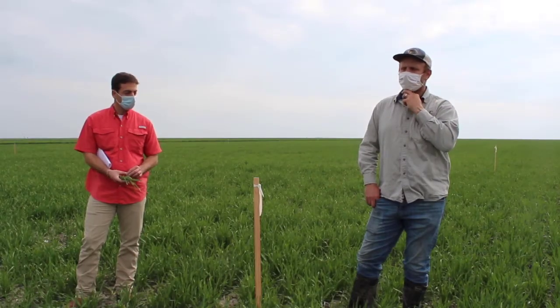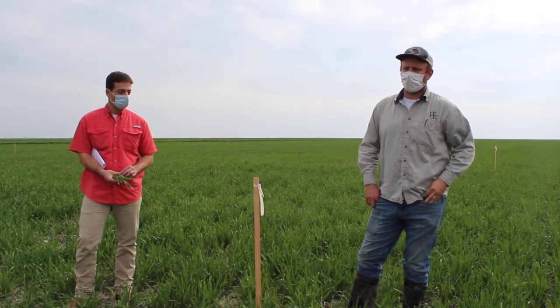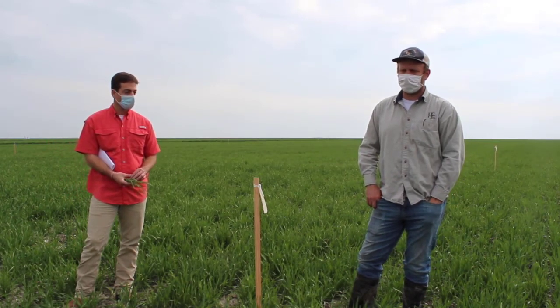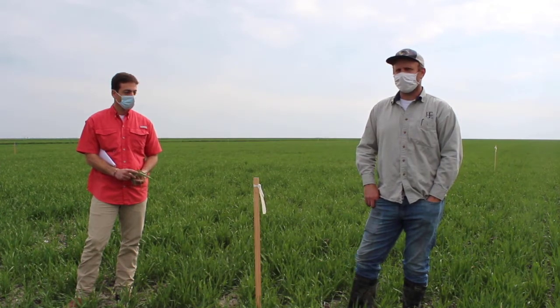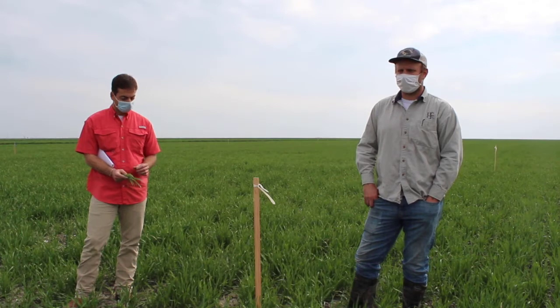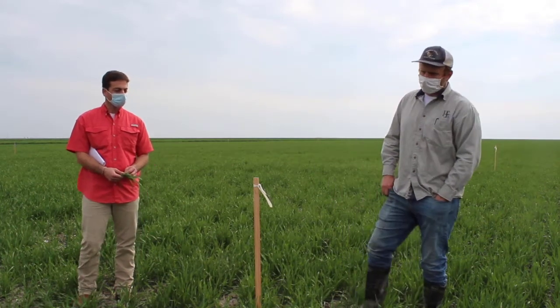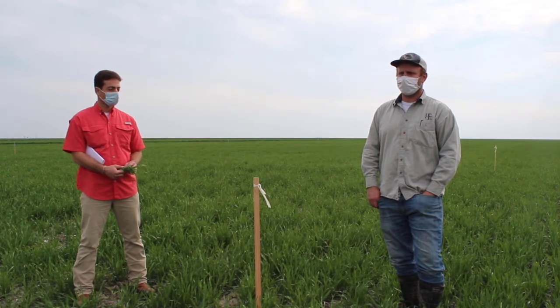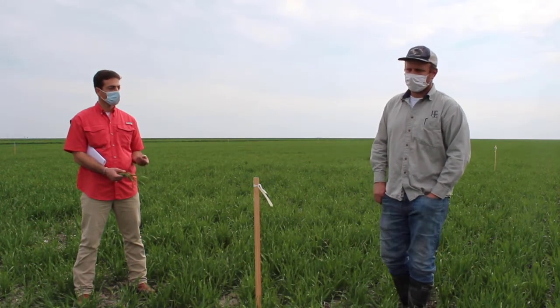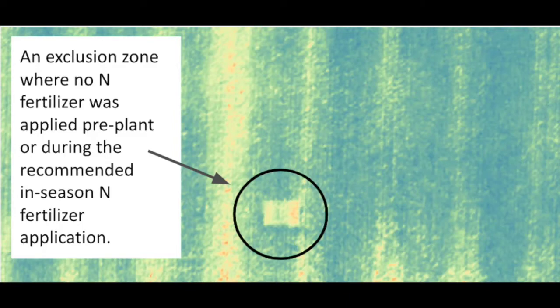After we made the recommendation and the grower followed up with a fertilizer application, or was planning to, in order to assess the effectiveness of our recommendations and the grower's application of fertilizer, we came out right up close to the application and tarped off an area with stakes to create an exclusion zone, or essentially a low nitrogen control zone,